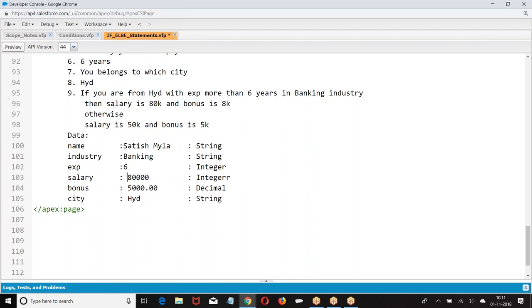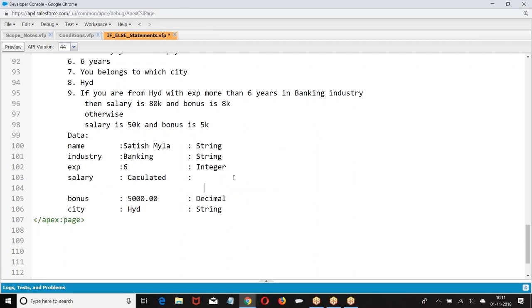Now salary, what was this? Calculate. On what basis?